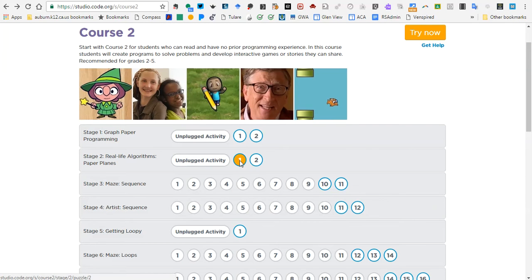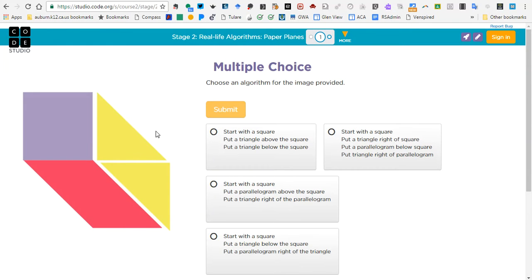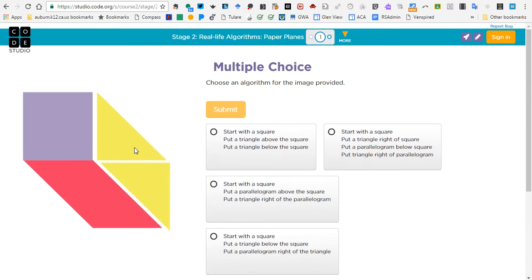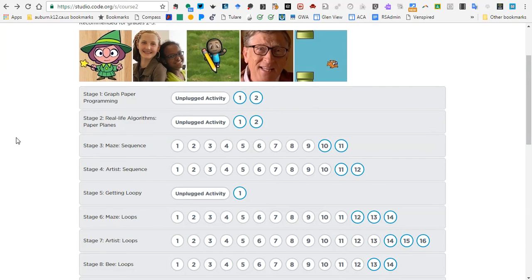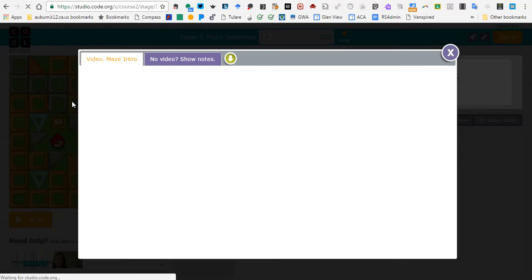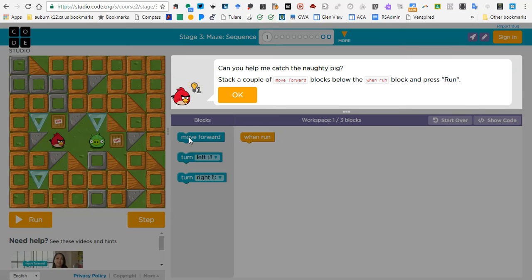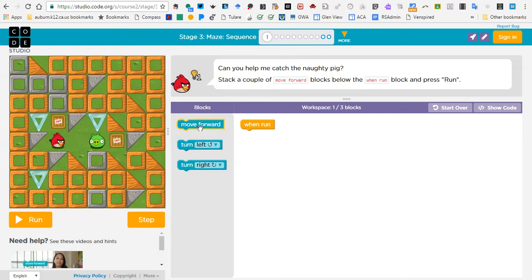Stage 2 is shapes, and which algorithm to build the shape. And it's fun to watch the kids. It's challenging. And then stage 3 is an Angry Birds sequence. Usually programming is all intent. And so you can see that this one has the words rather than the arrows. So that's the difference between Course 2 and Course 1. And then